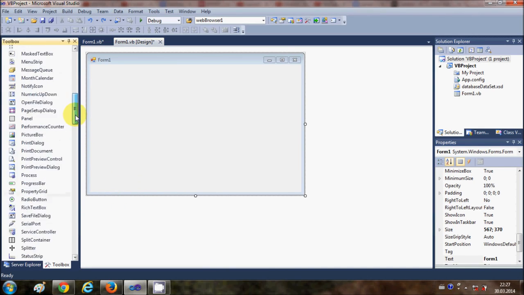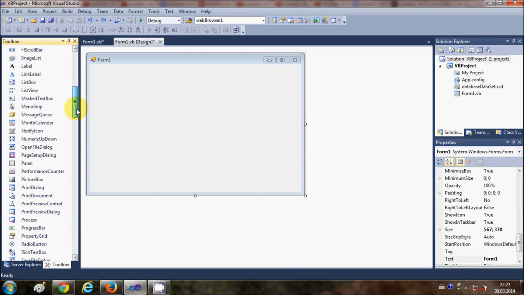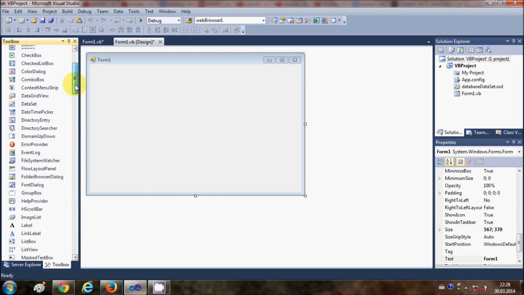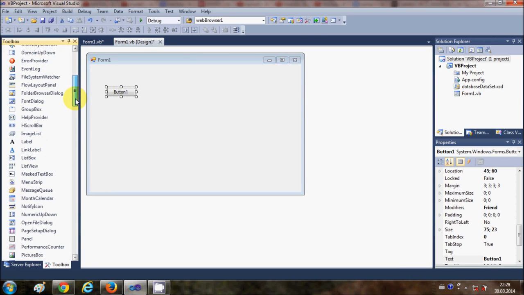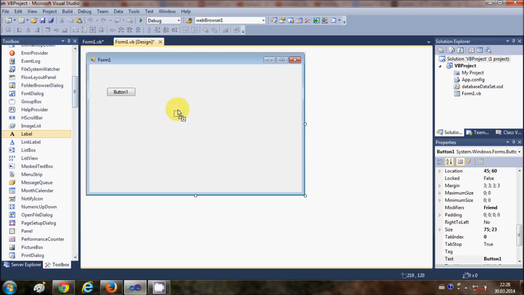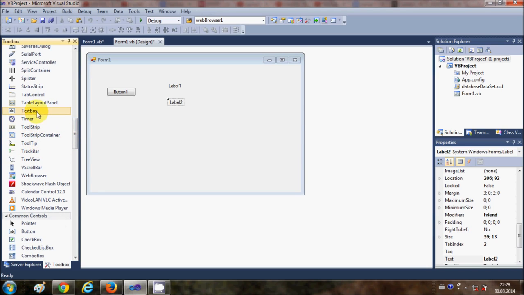In this video I'm going to show you how to use DataGridView with your Visual Basic Windows Form application. And in this video specifically I'm going to show you how to add a row to your DataGridView. So let's get started. For that I'm going to take a button and two labels and two text boxes first,